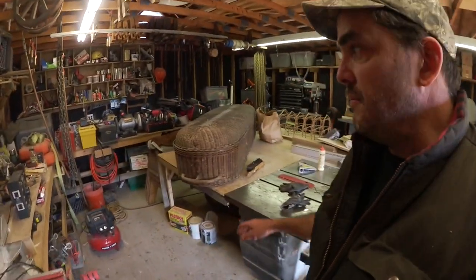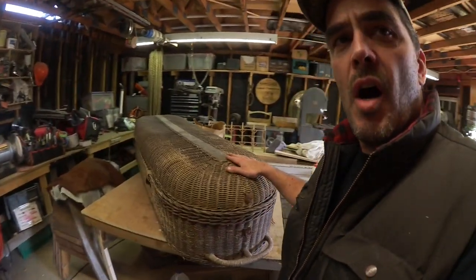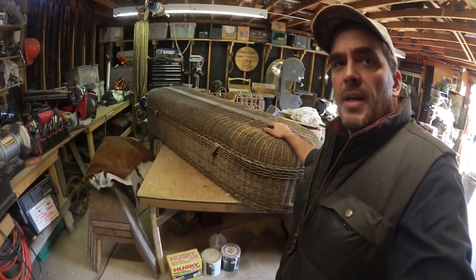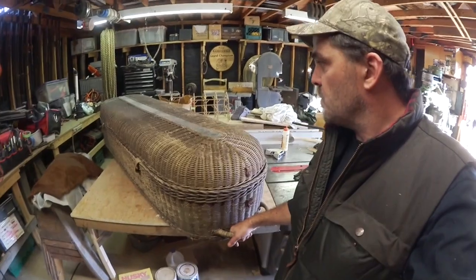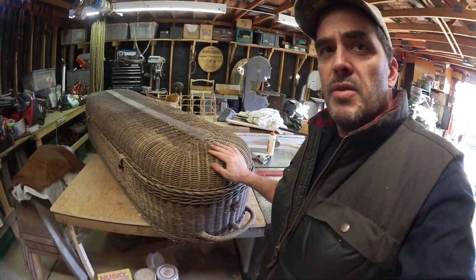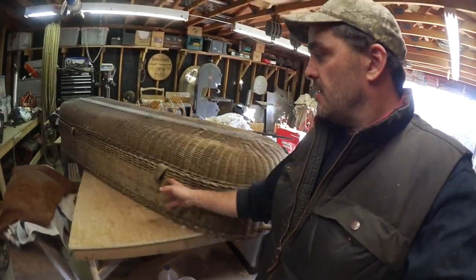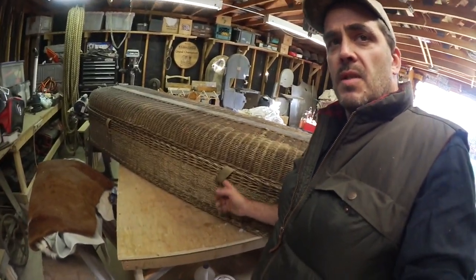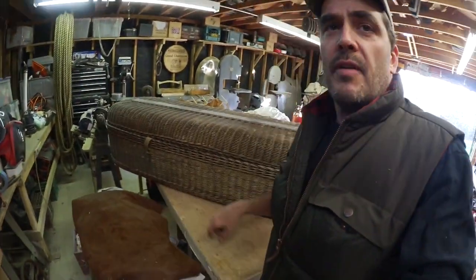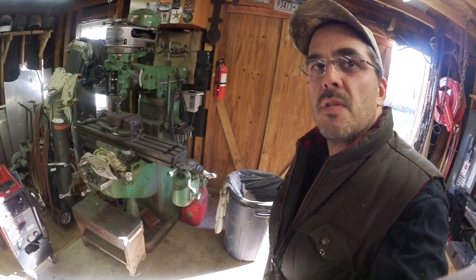This is my Victorian era coffin. You guys know now that I have a fetish for coffins. This I picked up at an antique sale a couple of months ago. It was used to transport bodies around and not necessarily used to be buried in the ground. It's got straps on it, buckle straps that are designed to open up again, so that description I found might be right. My prized possession is this